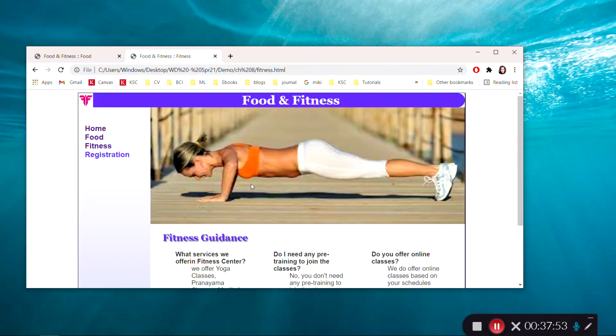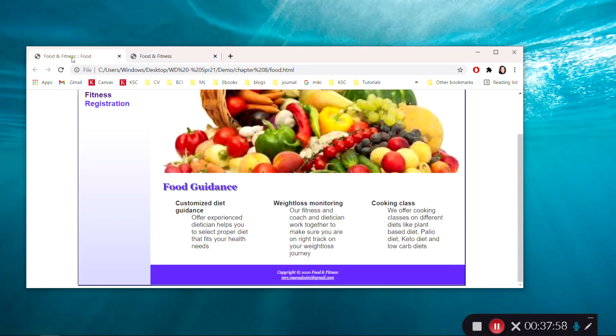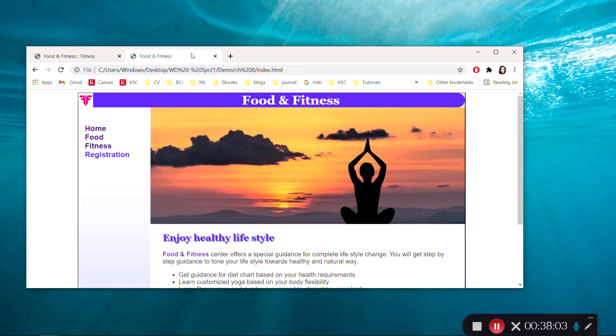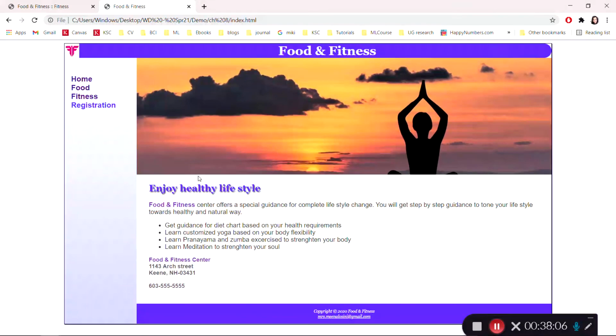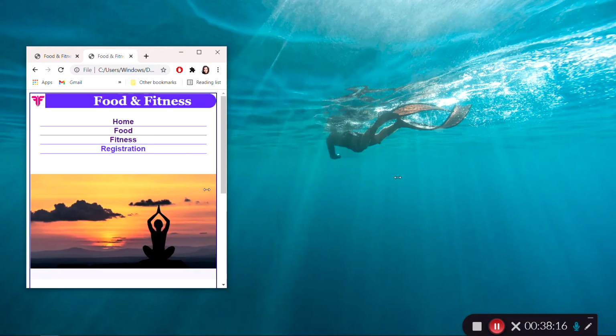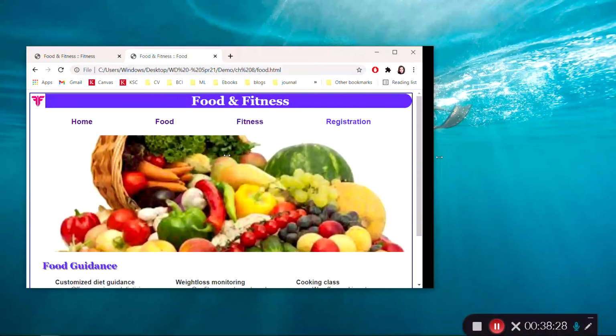The fitness page and the food page and home page. So this is our target. Actually, this is our target. We have reached the responsive website. Let's check the responsiveness now. So this is how it looks like for the PC display, and then now for the tablet display, horizontal navigation, and for the mobile display we can see the inline, so the block level navigation. Okay, so we have achieved the responsiveness by applying the flex,